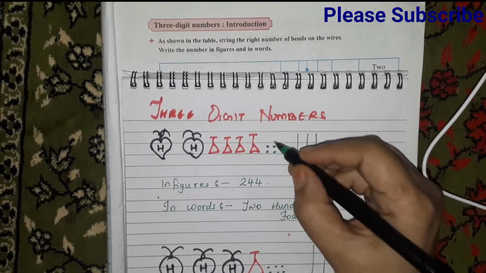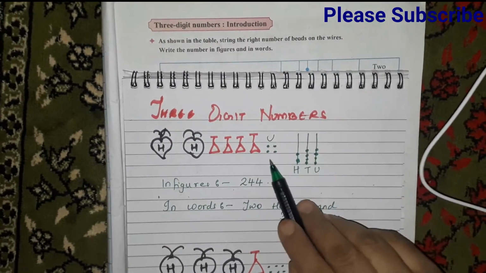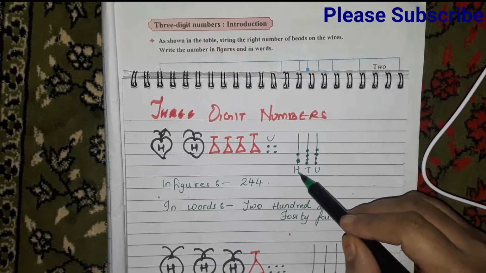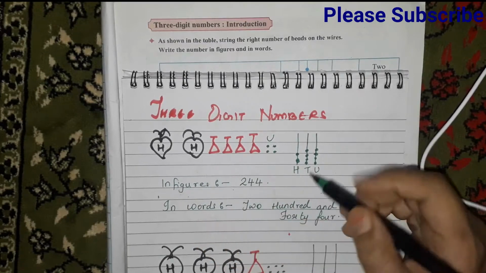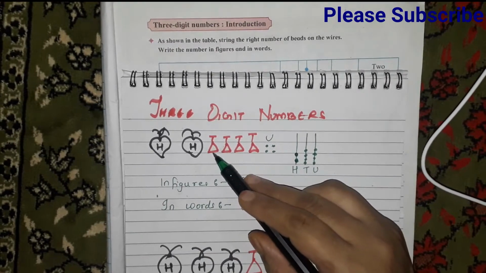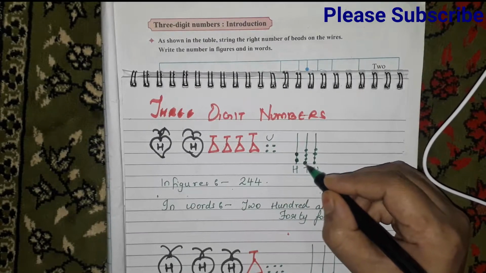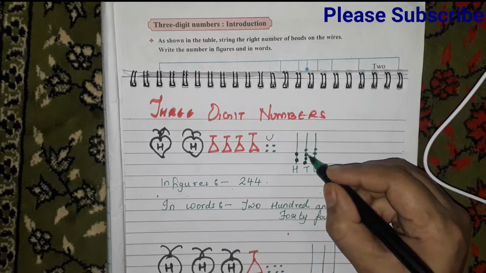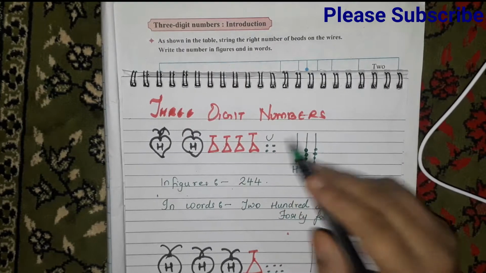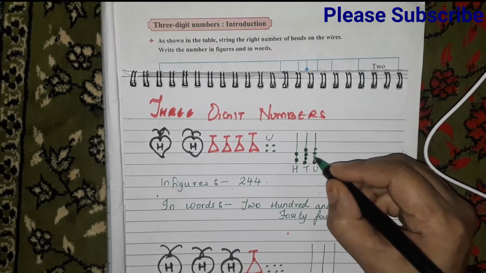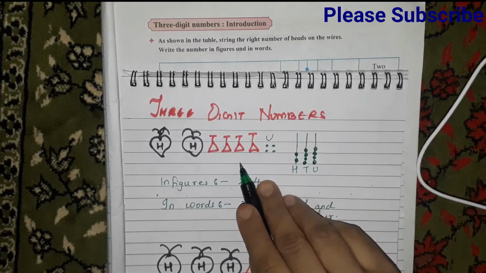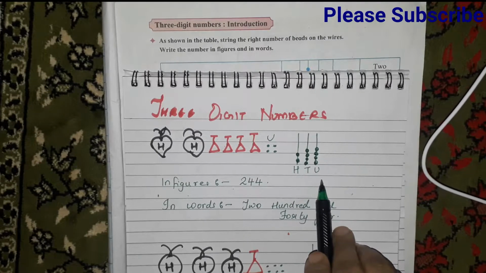And this dot stands for unit. So how many units are there? 1, 2, 3, and 4. So we have marked over here. For hundreds we have marked 2 dots because 2 bags of hundreds are there. For tens we have marked 4 dots because 4 triangles are given for tens. And for units we have marked 4 dots because 4 dots are given for units. It is given in the textbook also, so we have marked in this way.